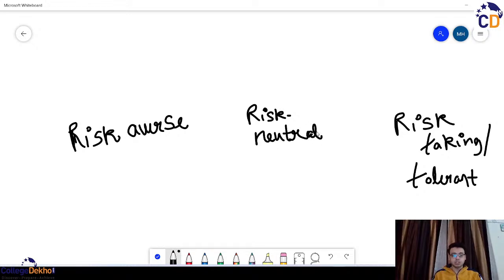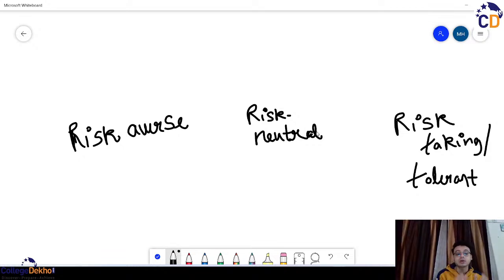So in the previous session, for all of you who attended the previous sessions, and those who did not can watch it from the YT live recording, we were talking about investments in equity markets or in stock markets. When we talk about the people who are investing into the stock market, we can categorize those people into three types. One is risk averse, one is risk neutral, and one is the risk taking and risk tolerant. Okay. So firstly, let's start with the third category to make it quite easy for you to understand,